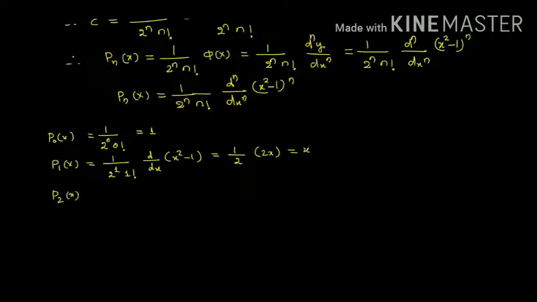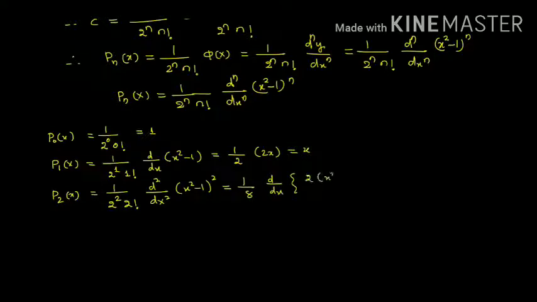Then P2 of x is 1 by 2^2 factorial 2 d square by dx square of (x square minus 1) whole square, which is equal to 1 by 8 d by dx of 2 into (x square minus 1) into 2x, that is equal to